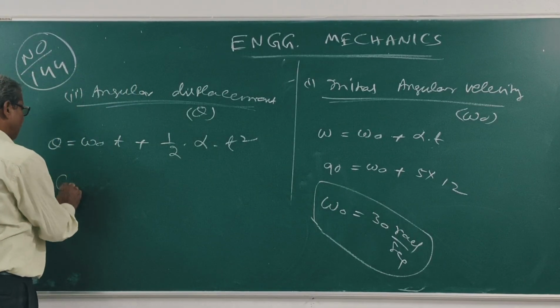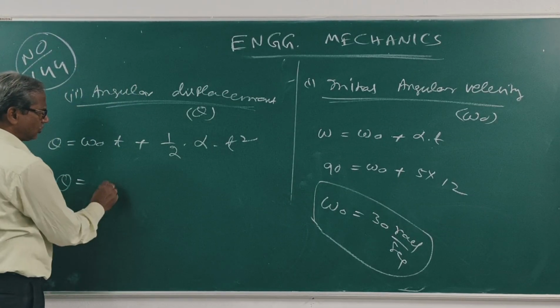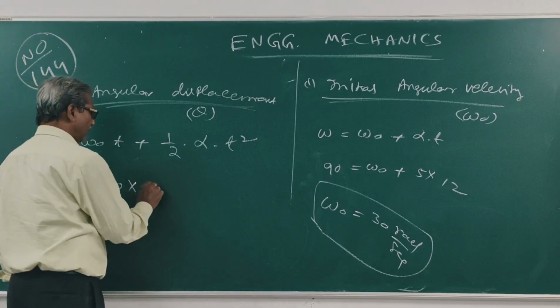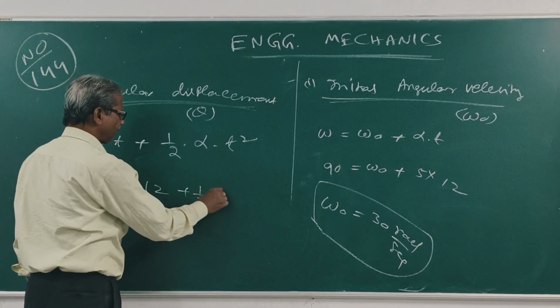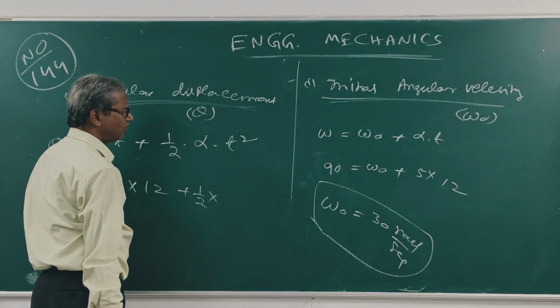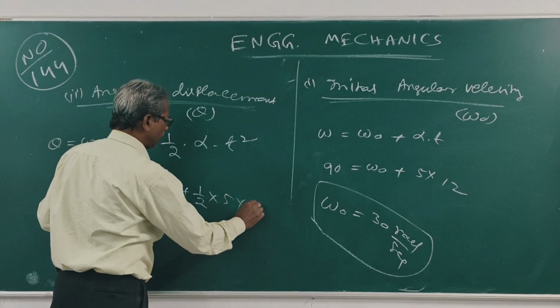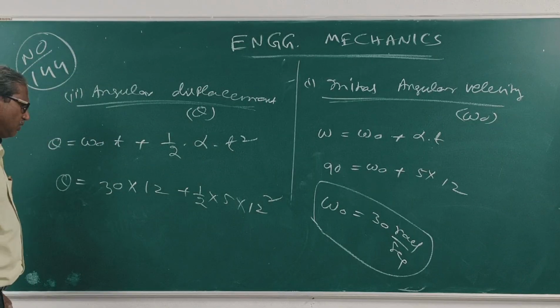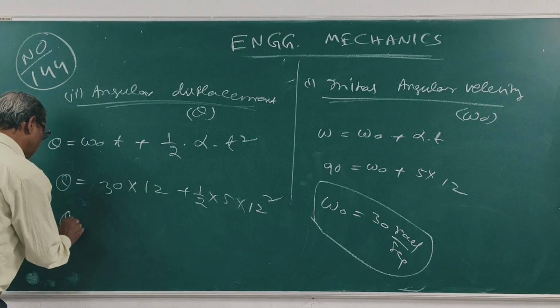So theta is, what is omega 0? 30 into t, 12, plus half alpha, 5, into t square, 12 square. Clear? So this is theta is equal to